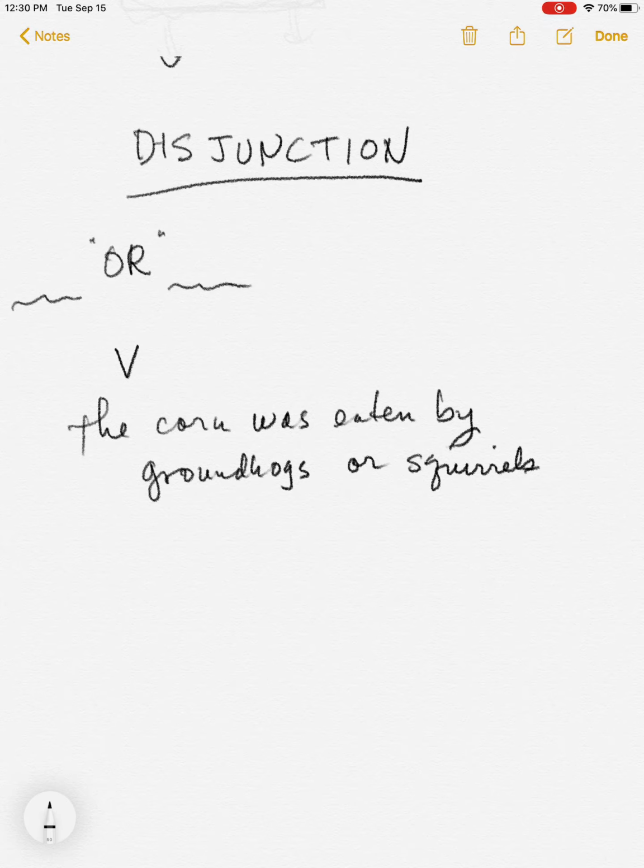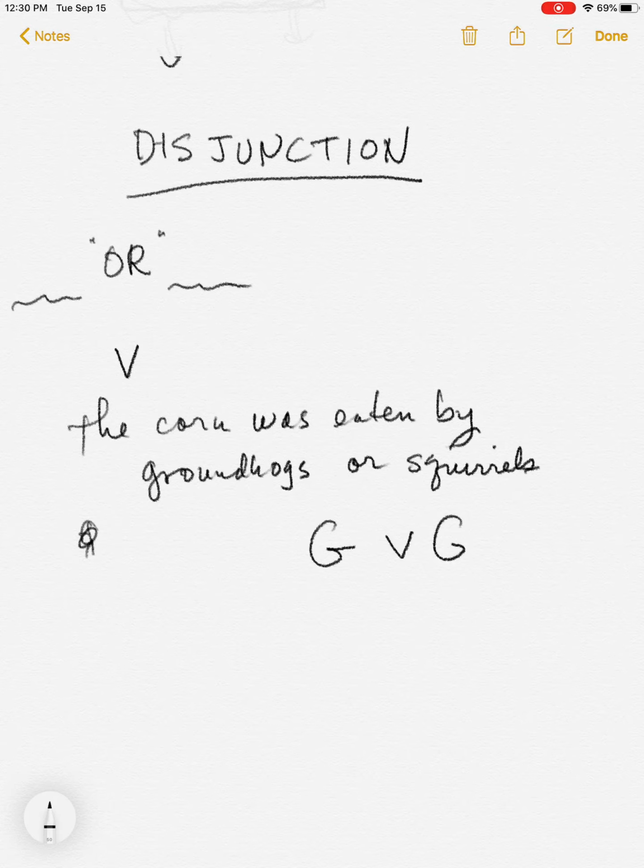And she doesn't know which one. She doesn't know which one. And she's not precluding the possibility that the groundhogs and squirrels got together and had a big party, and groundhogs ate the corn and the squirrels ate the corn. But if she asserts this, what she's denying is that they're both false, right? So if we paraphrase this as the groundhogs ate the corn or the squirrels ate the corn, and I'm going to